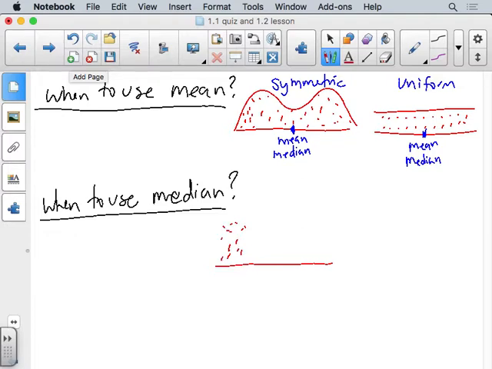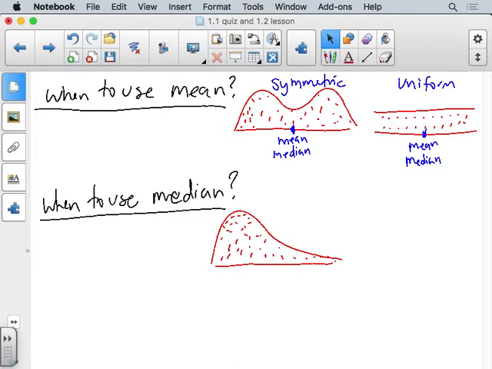So let's do a skewed right. All right, so on skewed right data,